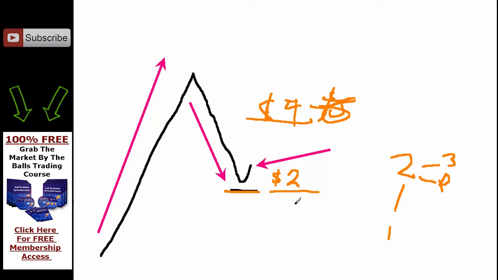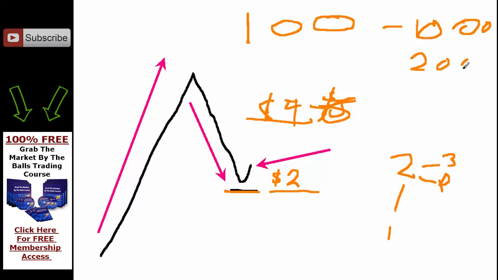So if I'm risking $2 on a stock, as an example, on the stock move, then I have a target of around $4 to $6. That'll be my first target. If you're just buying shares, that'll be the way that I trade. If you took 100 trades just like that, where you're risking, let's say, $1,000 every time you took a trade, but you're profiting a minimum of $2,000 every time you trade.